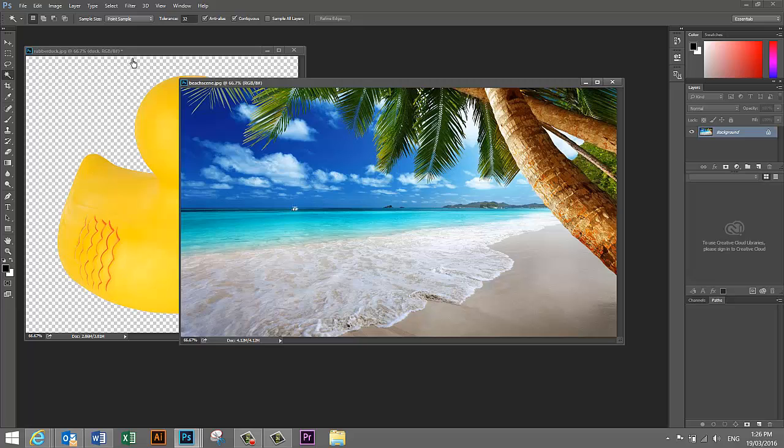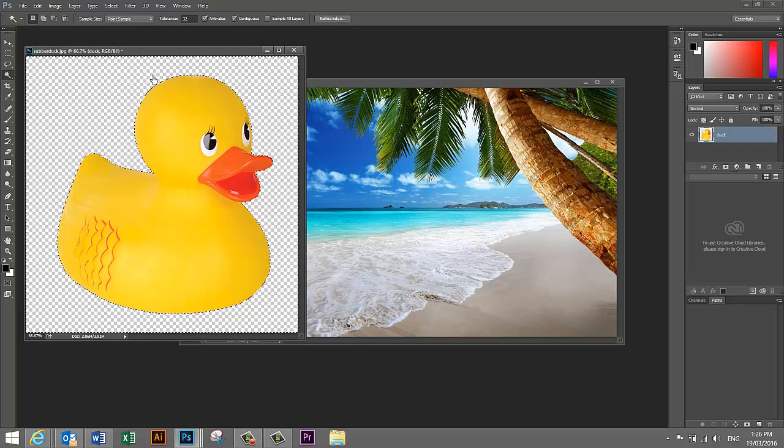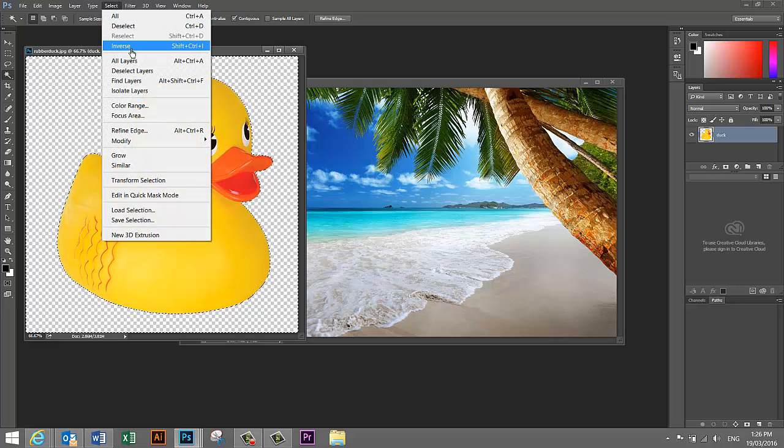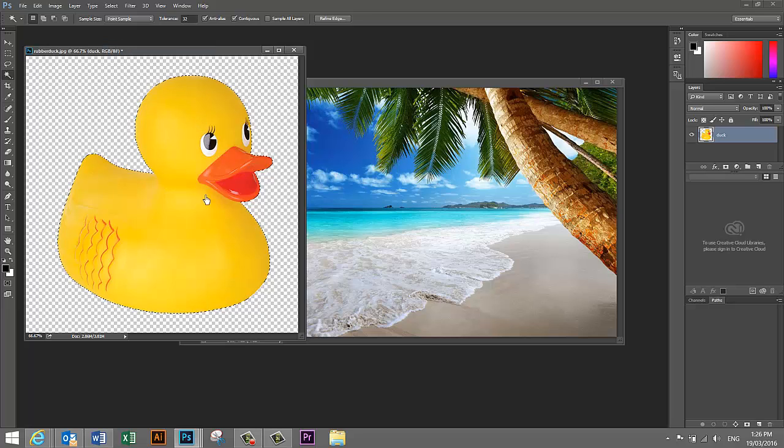So now I want to make the duck active, and I have the background selected. If I go to Select and Inverse, now I just have the duck selected, not the background. Click on the Move tool, which is the top tool on the left toolbar, and then click on the duck